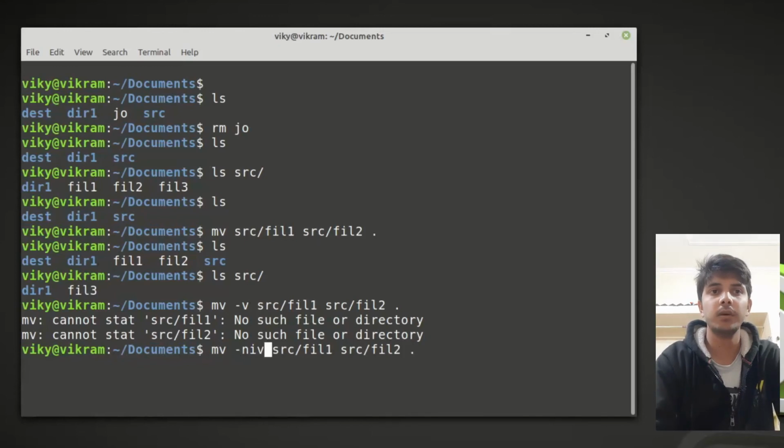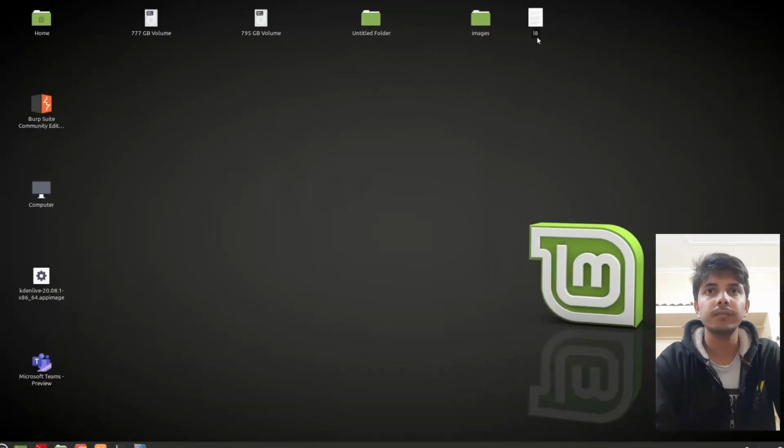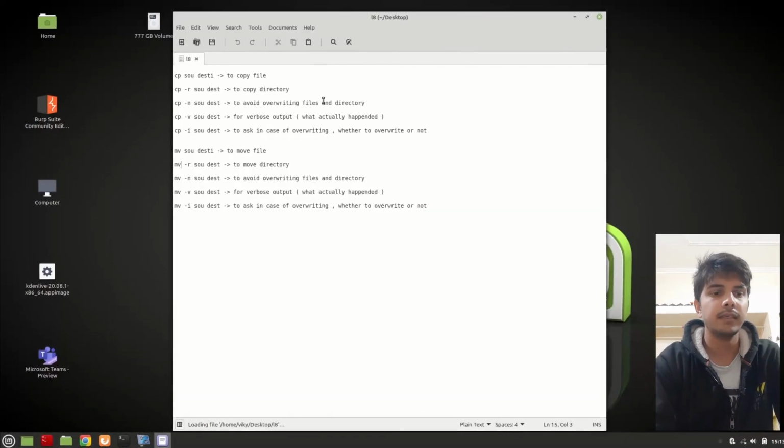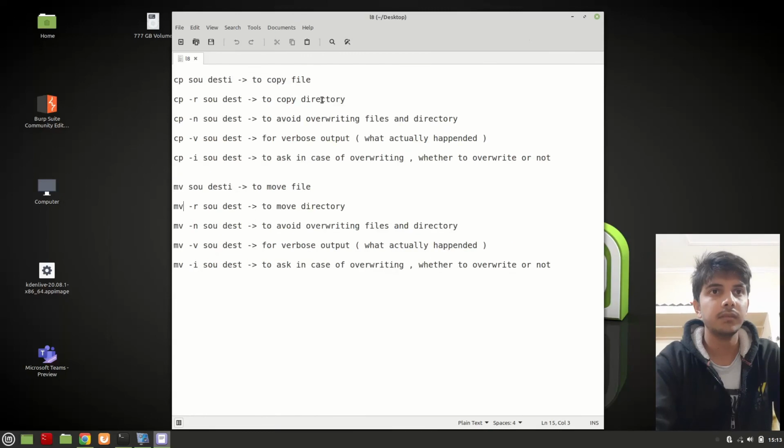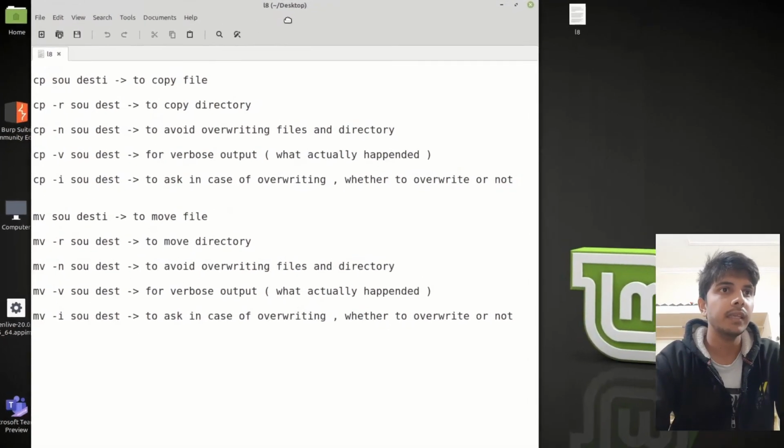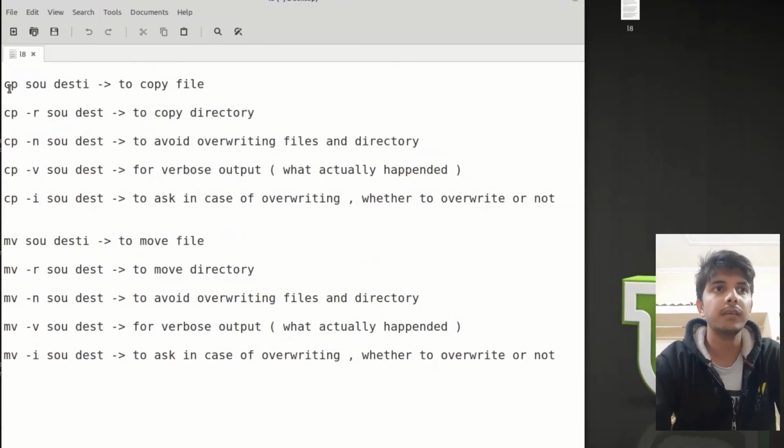Okay, so this is about copying files and directories from one location to another and moving files, right? So if I sum it up, in this video, let me just zoom in a little. In this video we talked about the cp command which we use to copy files. Okay, you can take a screenshot of this if you want to have some notes.